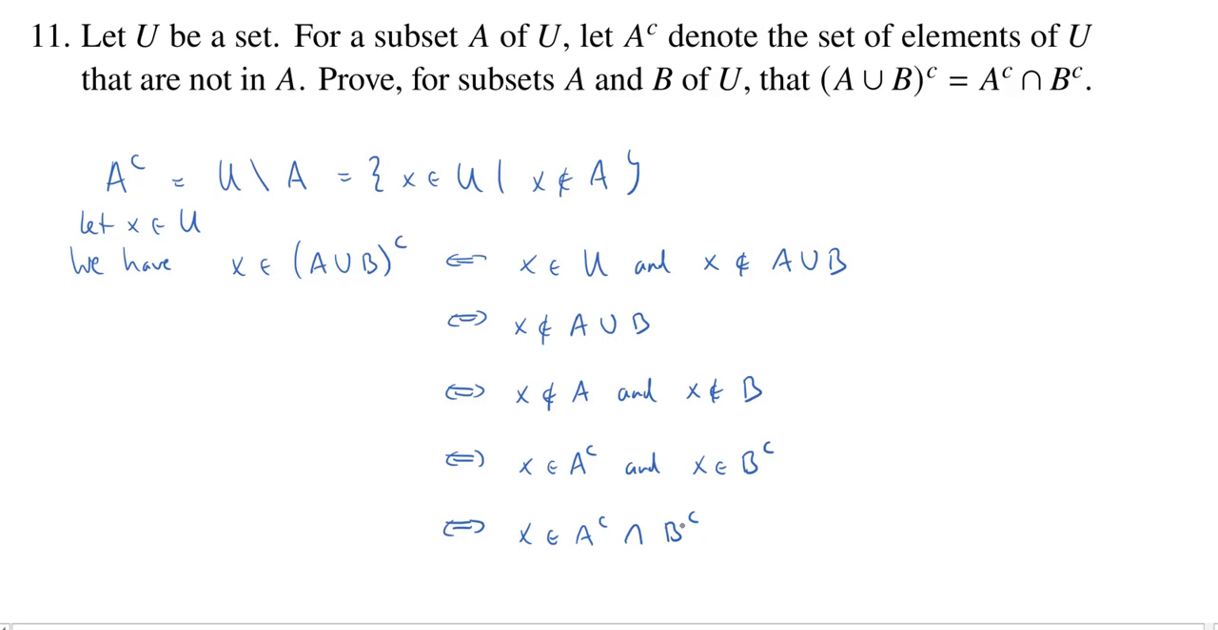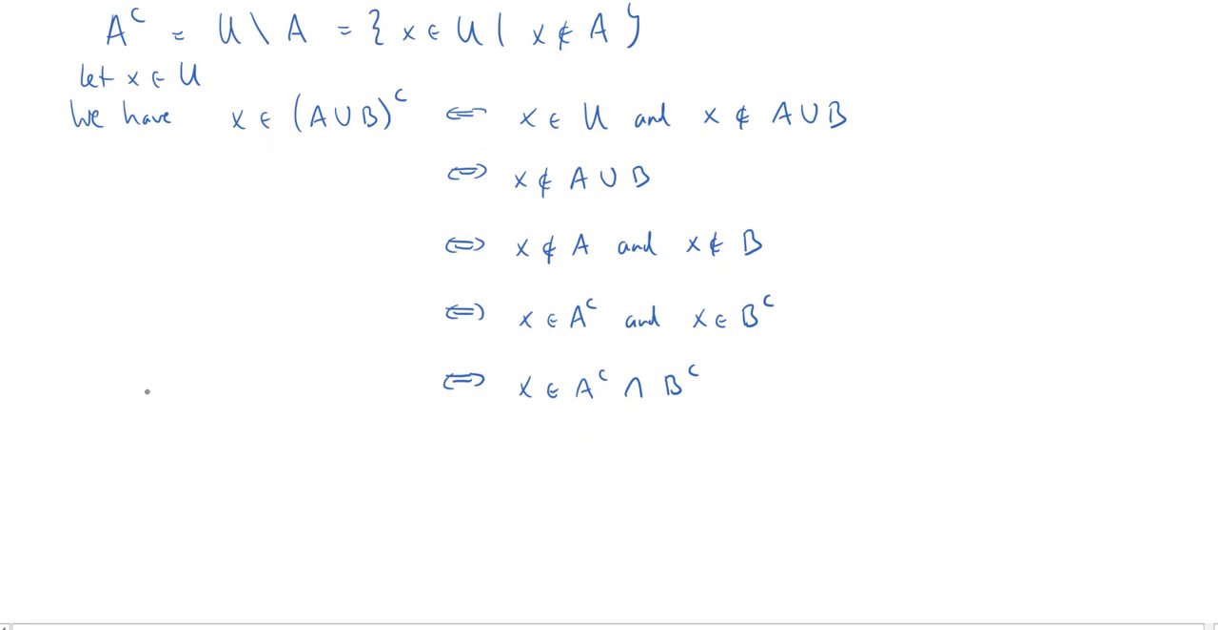But this is exactly what we wanted to show. If we have an element in the complement of A union B, then that same element is in the intersection of the complements of A and B. And because these implications are bidirectional, each one of these was if and only if, we actually have that every element in the intersection of the complements is an element in the complement of the union. So it follows